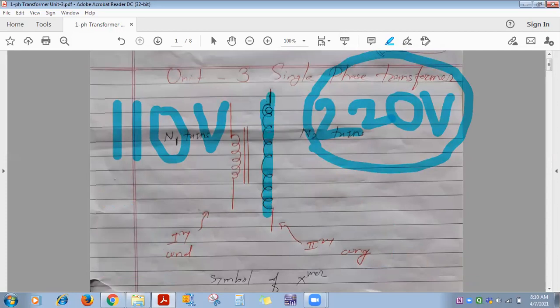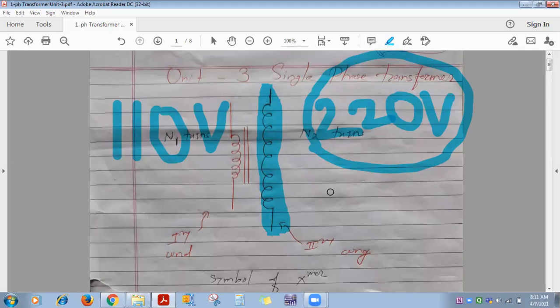Both the windings are insulated with some insulating material. So which insulating material to use? What should be its thickness? It depends on the voltage. Okay, based on voltage, they make selection of insulation. So you will find for 220 volt more thickness of insulation. Okay, and for 110 volt compared to that 220, less thickness is there.